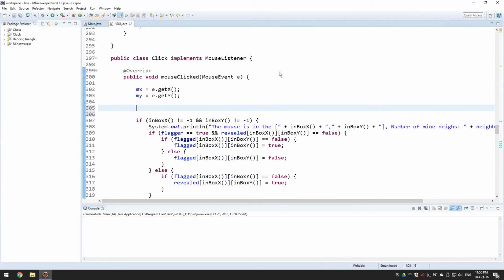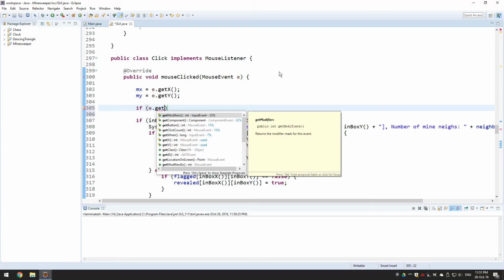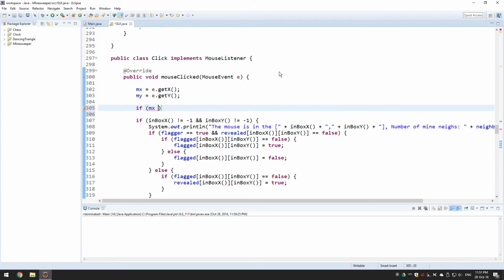You can do it up here actually, and say if e.getX, or just mx because it is just the same, is greater or equal to, let's do the minus first, minus x, and mx is less than minus x plus it is 40 by 40, the whole is 80, so plus 20, and less than minus x plus 60,